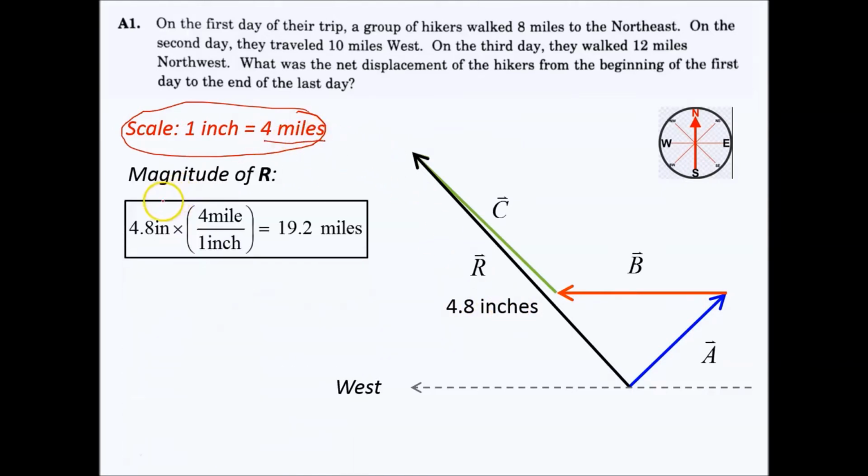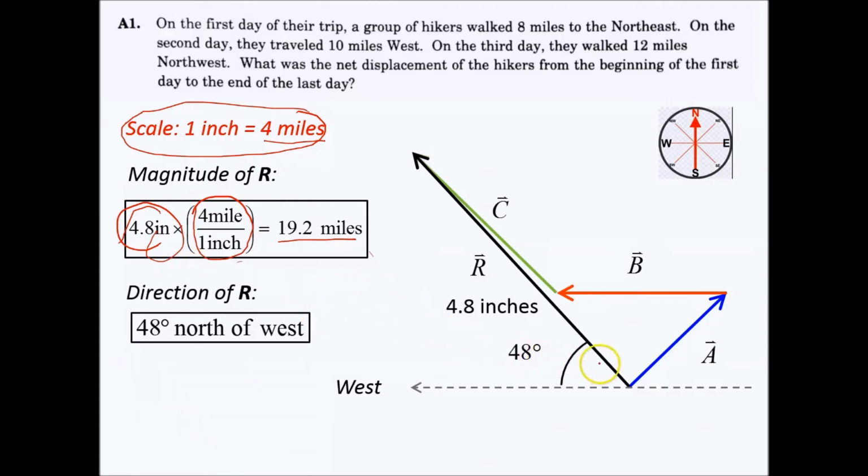So you basically take your 4.8 inches, multiply it by your scale factor, so each inch is 4 miles, and you're going to get 19.2 miles. So their net displacement, the magnitude, is 19.2 miles. What about the direction? Well, you're just going to get out your protractor and measure the angle,